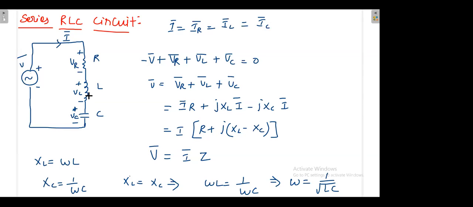Resonance is when the network frequency and the source frequency match. If they are matching, that is the resonance. This is like a network frequency, because based on the network parameters you are calculating the frequency. Your input frequency can be anything, but at some point your input frequency may be equivalent to this network frequency. That time resonance will happen. Okay, so next we'll see the parallel RLC circuit.